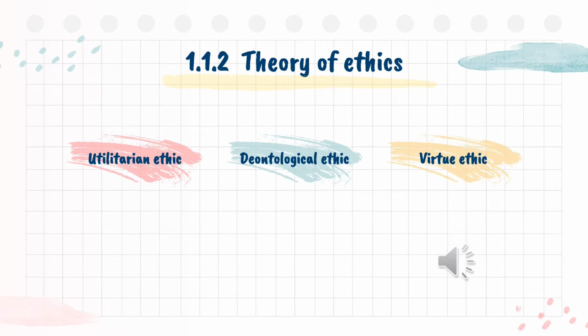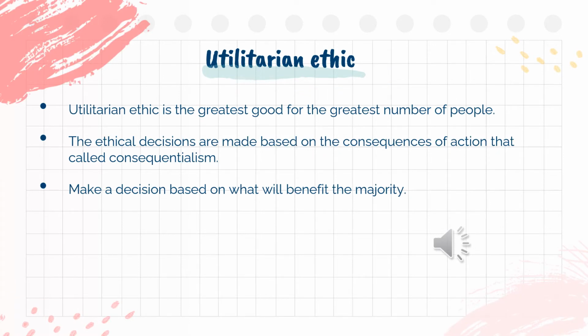Theory of ethics. There are 3 theories of ethics, which are the utilitarian ethic, deontological ethic, and the virtue ethic. Utilitarian ethic. The first ethical system is the normative ethics. Utilitarianism is often equated with the concept of the greatest good for the greatest number. The idea is that ethical decisions are made based on the consequence of action, which is why it is also